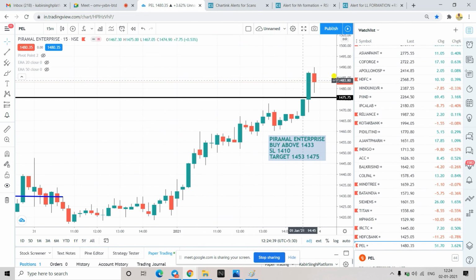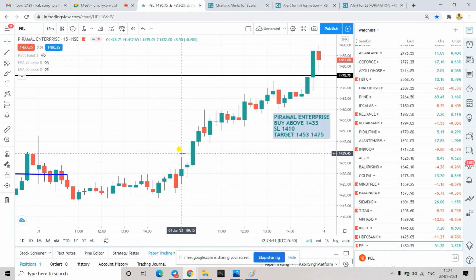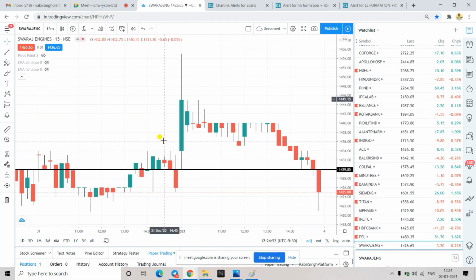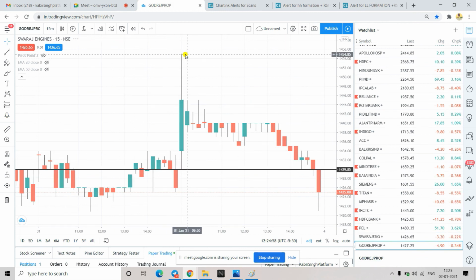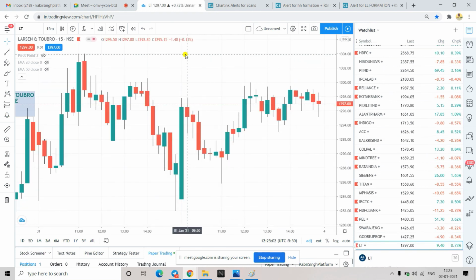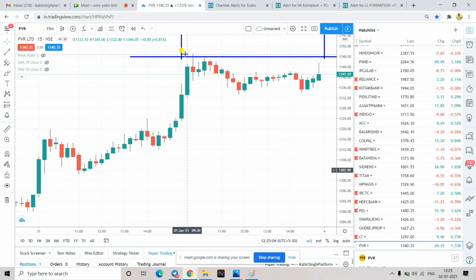So just what I do is I'll tell you. For example, at 9:15, I have seen this. So this is a weak candle. Day high is here, so I will ignore it that time. I will go to a different stock. Okay, this one I have clearly seen has broken the previous day high. So this candle has formed, but the day high is not broken. So here I will not take an entry. Okay, like this, just go through your timeline and you will find it.